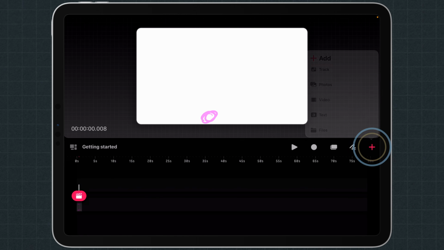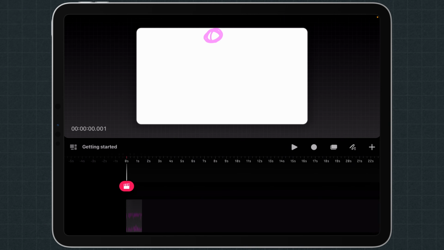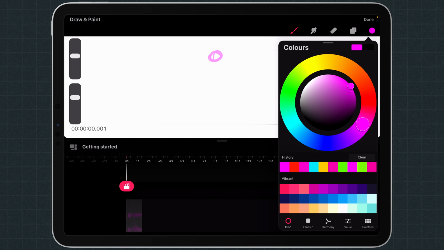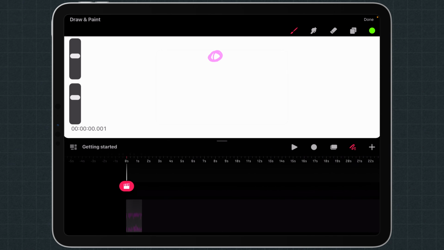Well, I want to show you how the record button works. So I'm just going to pause this for now and I'm going to create a new track. Now the reason I'm creating a new track is because I want to move a different element within this on the same frame. So I'm just going to go back to the start of our animation. I'm going to go back into our draw and paint here and I'm going to pick a completely different color, something that just definitely stands out amongst this color that we've already got.